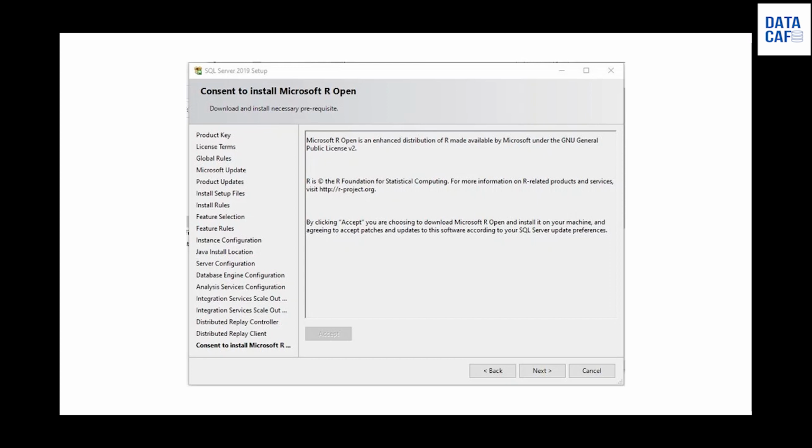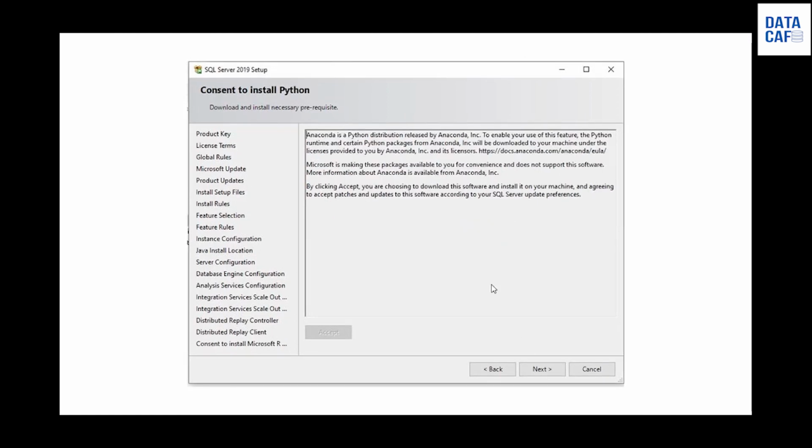Once installed, you can click on the next button. Then likewise, if you want, you can install Python for the SQL Server 2019 version. Once installed, you can move to the next window by clicking on the next button.